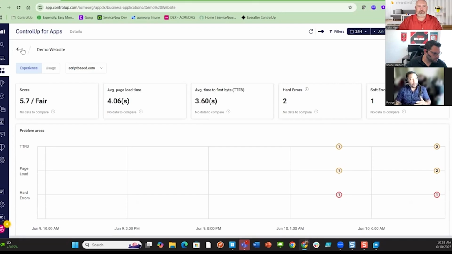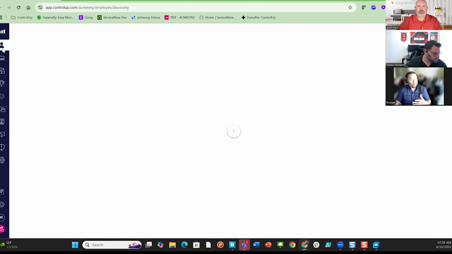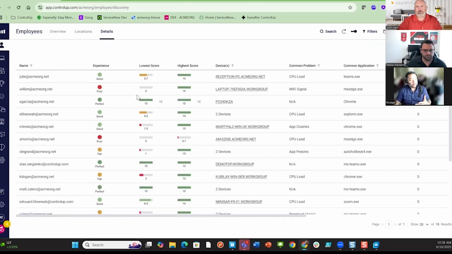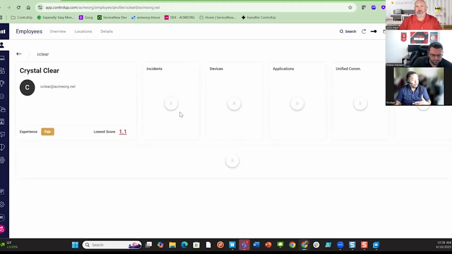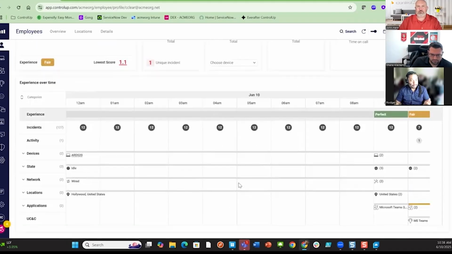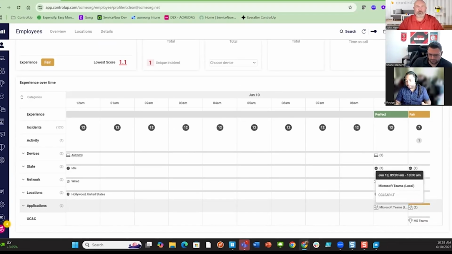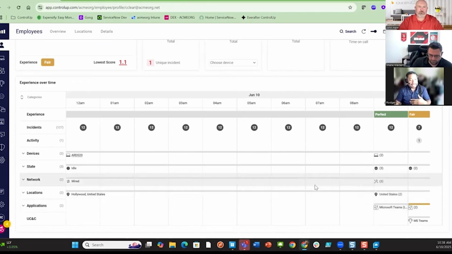But if I go back up the rabbit hole to the user's dashboard, when I look at a user, so for example, Crystal Clear, she's already gone to that website today, and she did not have a good experience when she was actually on that website. So I can see exactly the whos, the whys, the whats. She's had a pretty fair experience today.